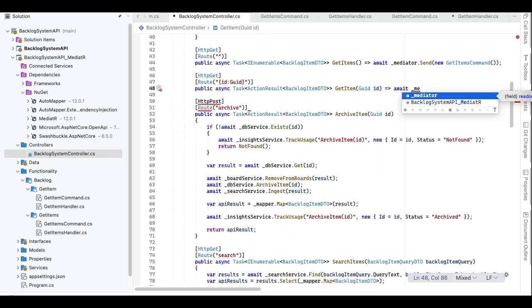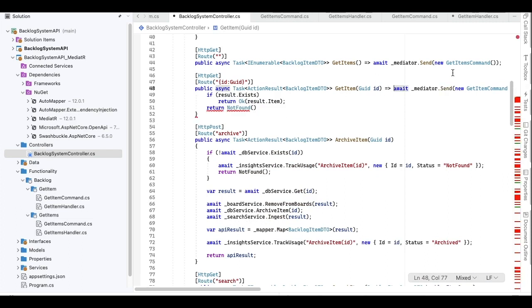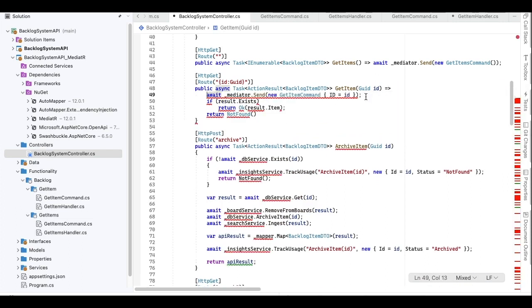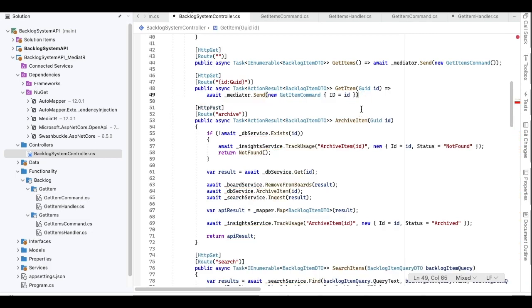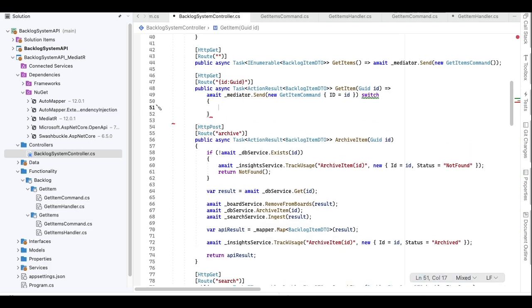So actually, let me just undo this and just do this again. Okay, and we don't need this. Okay, so we get the tuple, and now we want to switch on what the tuple matches, on what patterns it matches. And you can do it like this. You can say, well,